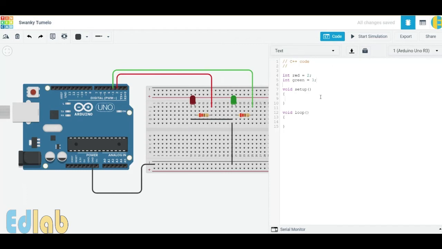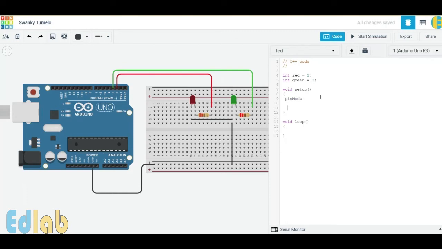In the setup for the code, we will define whether these pins will be used as input or output, because we are connecting output devices here. So we will define here that pin number 2 and pin number 3 are output pins.